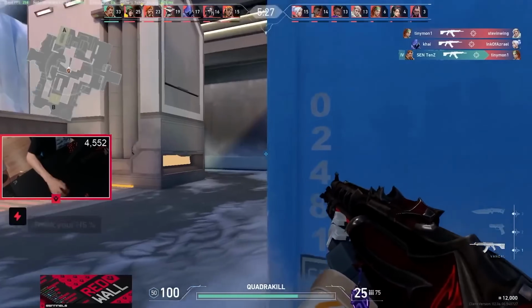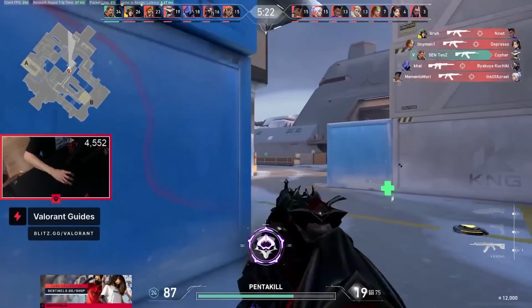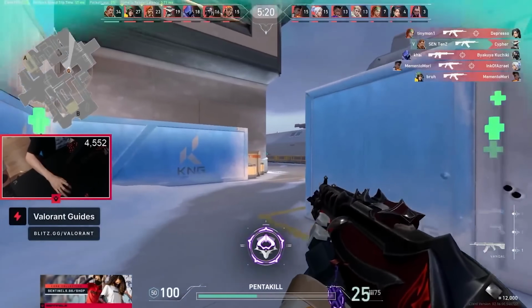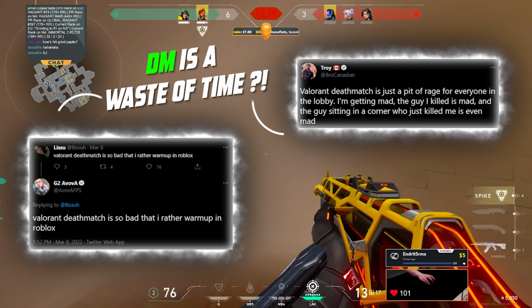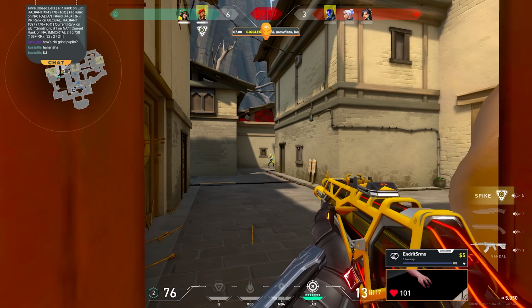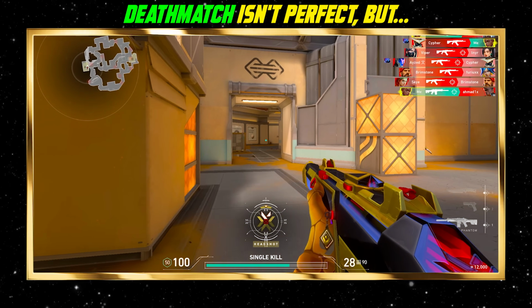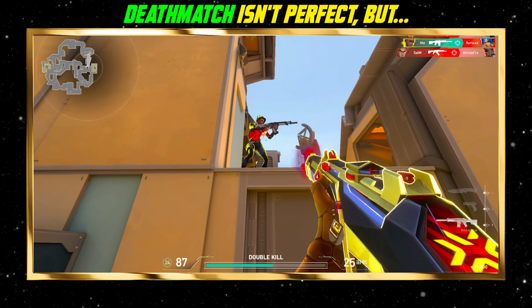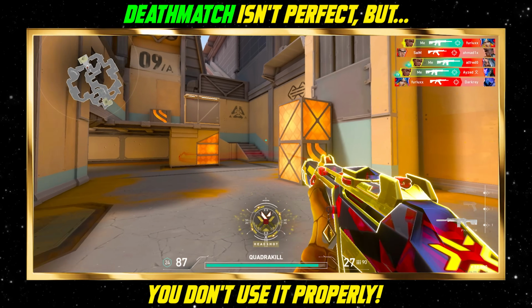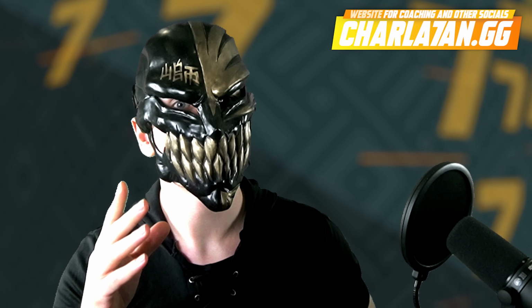When you tune into streams of Scream, TenZ, other pro players and coaches, at the beginning you'll always see them play a few rounds of DM, and then on Twitter they're going to complain how Deathmatch is an absolute waste of time and that it should be improved. This training tool definitely isn't flawless, but the reason why you're not improving from playing countless hours of Deathmatch is because you don't know how to properly use it. So today I'm here to explain a few ways that you can use Deathmatch to get the most efficient practice